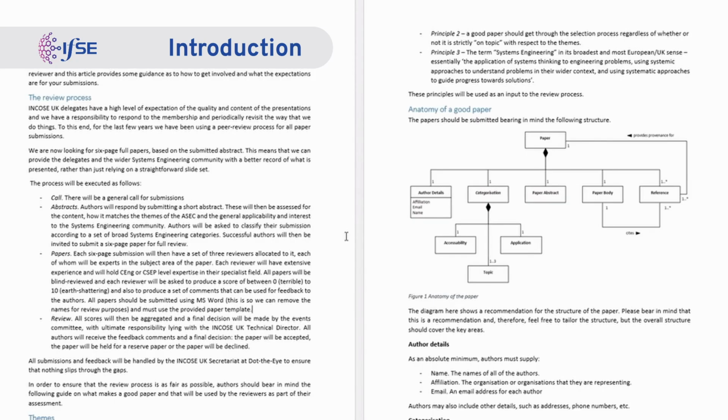The reserve papers, basically, they get into the proceedings. So we have the downloadable proceedings, but also you can buy hard copies, paper copies of the proceedings as well. And so even if your paper doesn't get in, if you're one of the 2 reserve papers, you will be in the proceedings. And if somebody can't make it, or if we have technical difficulties, then we can slot you in as one of the reserve papers.